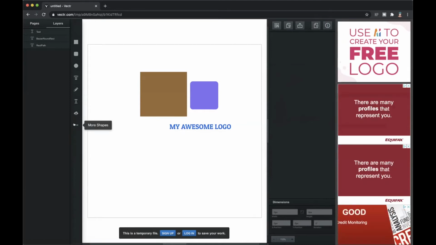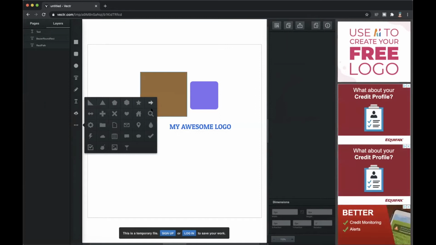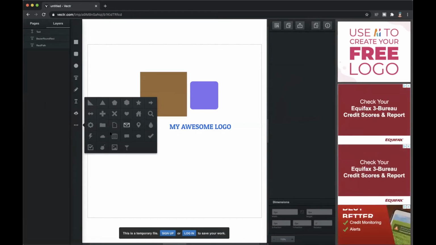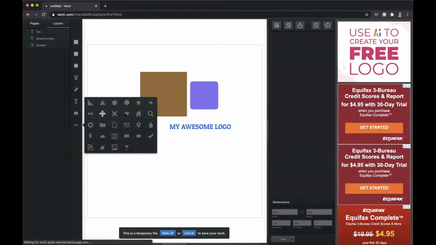And then lastly, we have more shapes. So here, there's a few little pre-made icons that Vector provides for you. You can use these as part of your logo if you'd like. Some of them are pretty generic, like this little mail one might be an icon that means email, or maybe this little home icon could mean your address. You can use these maybe if you're trying to make a cool graphic for a resume, or maybe a header